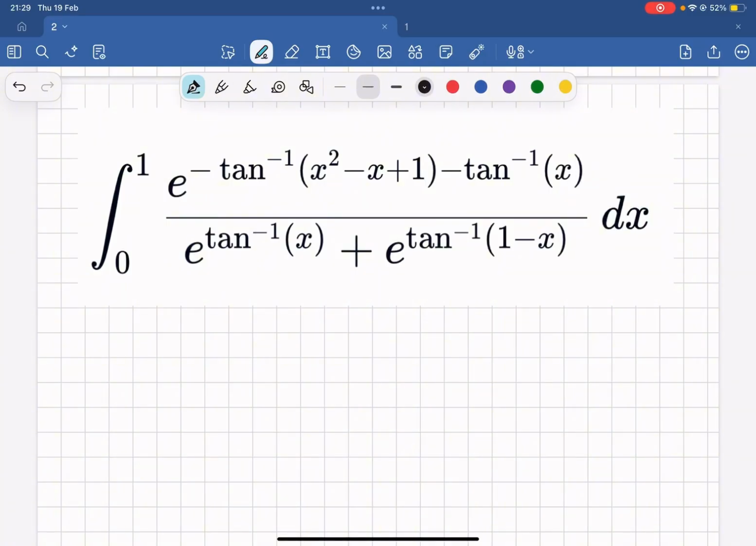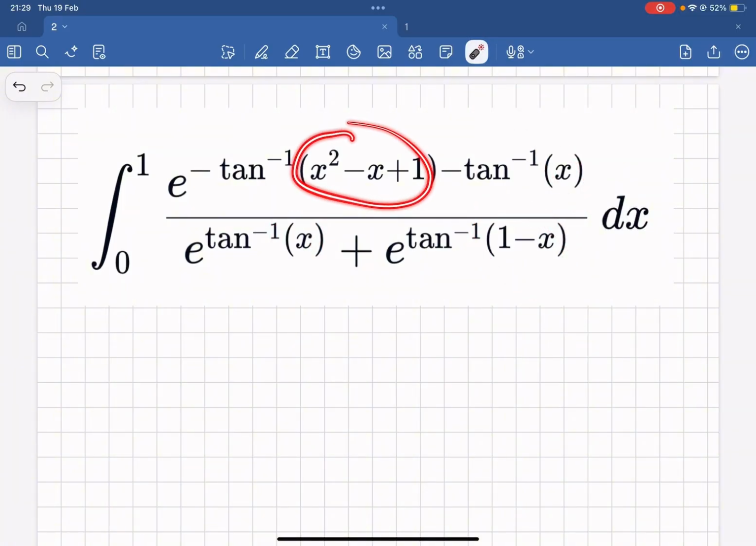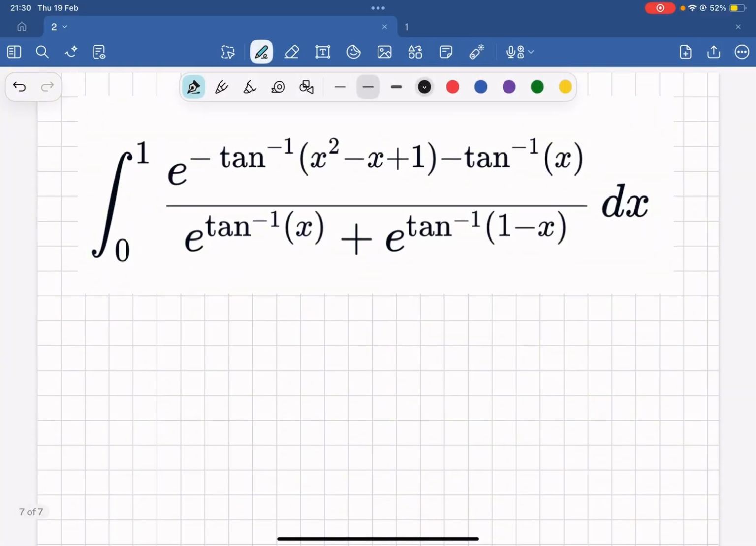First thing to notice is that we've got a lot of similar stuff within the brackets for arctan. For example, 1 minus x. Well, that's not anywhere else but x and x, and 1 minus x. This is somewhat similar. So what we can do